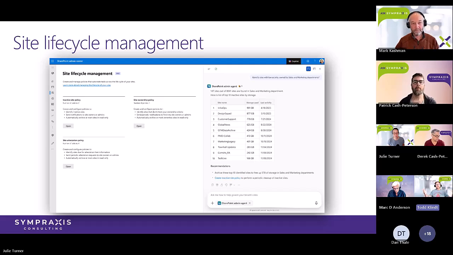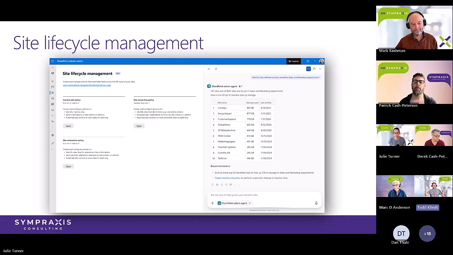And the other thing that this will do is, I guess site lifecycle management is important for a couple of reasons. One is search relevance and Copilot relevance, because you don't want old stuff like that subsite of a subsite of a subsite that has client information in it. You don't want that mucking up your search results and your Copilot results and things like that. But the other thing is it can save you cold hard cash. Like if you are coming up on your quota for space and you don't know where all your space is going, dead sites are one easy way to delete or archive or do whatever.